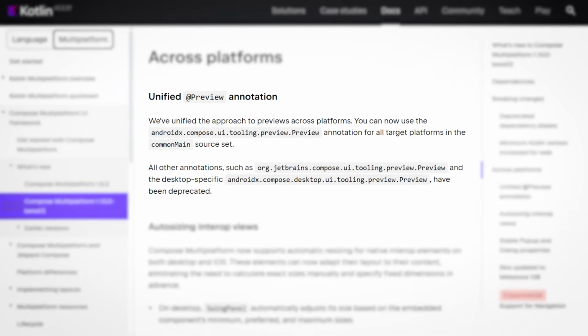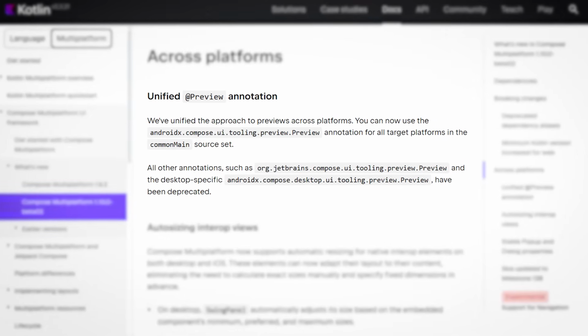Because in case you've developed for Compose Multiplatform before, you will know this. For quite some time, there have been two different preview annotations. On the one hand, the preview annotation for your composables, if you want to preview that in the IDE, that comes from AndroidX, so the actual Android Compose version. And there was the JetBrains preview annotation, which was developed for Compose Multiplatform specifically, but it was quite